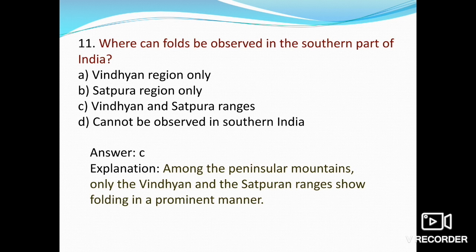No, we are talking about this particular question. Okay, so among the peninsular mountains only the Vindhyans and the Satpura ranges show the folding in a prominent manner, है ना। कुछ माइनर फोल्ड्स हैं, और जो आपके सदर्न इंडिया में है वहाँ पे भी माइनर जो फोल्ड्स हैं वो तो हैं, बट जो मेजर फोल्ड्स हैं दे हैव बीन ऑकरिंग इन विंध्यन एंड सतपुड़ा रीजन।